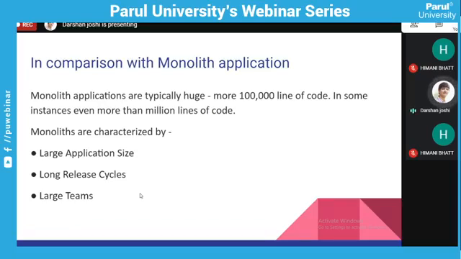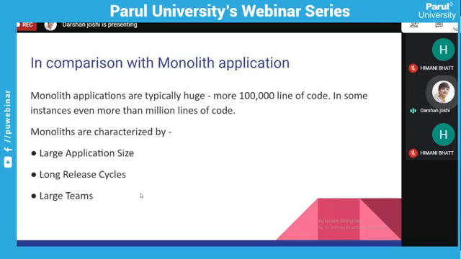In a monolith application, the whole backend is hosted in only one place, and all the requirements of that front end website are provided by that one backend service. That's called the monolith application, and that one backend service only talks to one database.